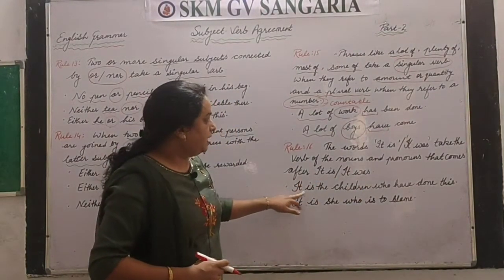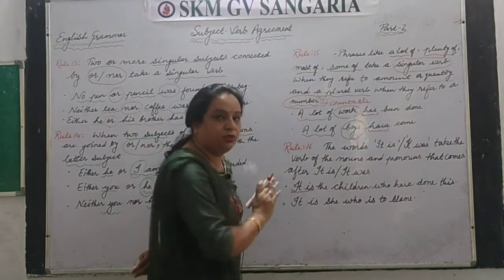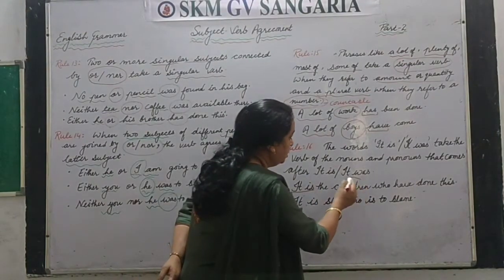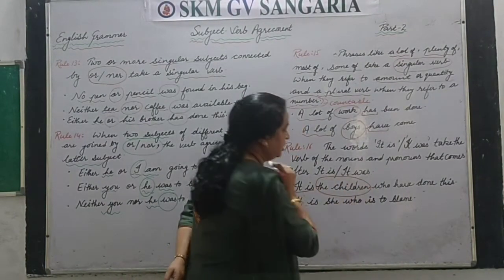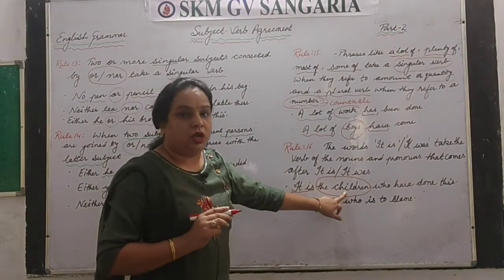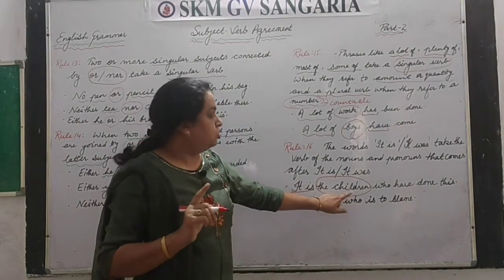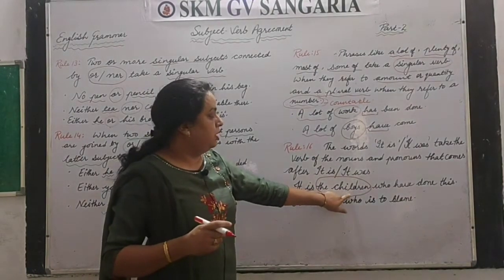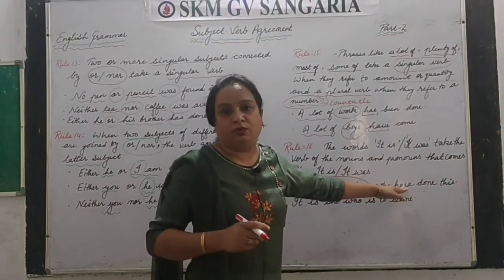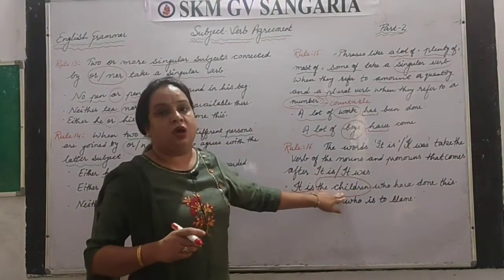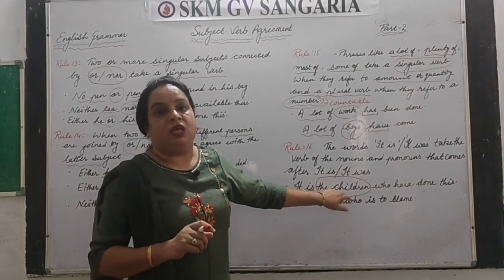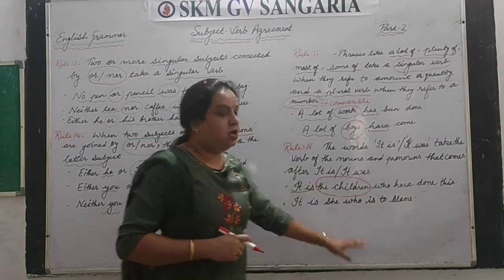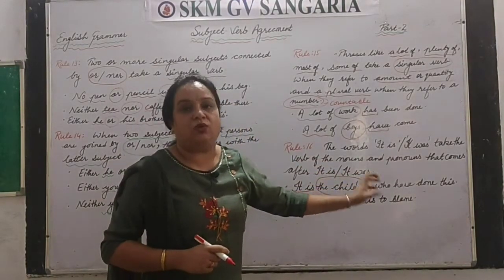For example, it is. This is the phrase which we are using here. Now the pronoun or the noun, what is it? Children. Right? Now children is what? Plural. So if this noun or pronoun is plural here, you have to go with the plural verb. Okay, and if this noun or pronoun is given in the singular form, then you have to use singular verb here. Clear? When it is the case of it is, it was.